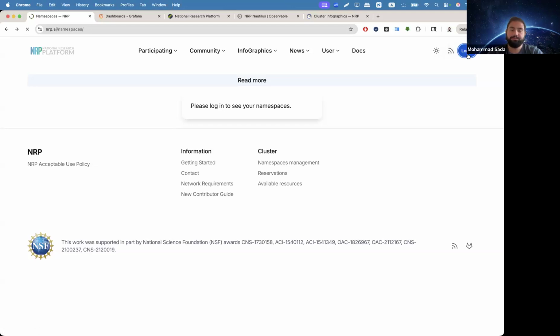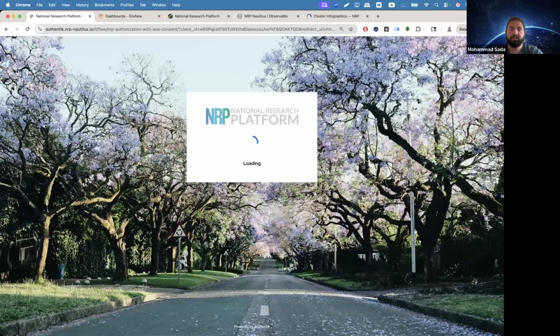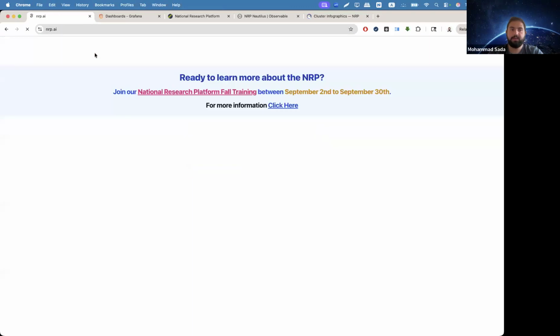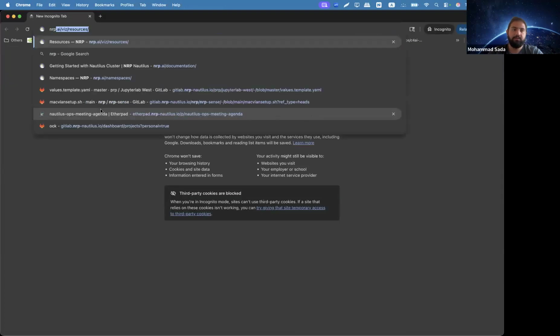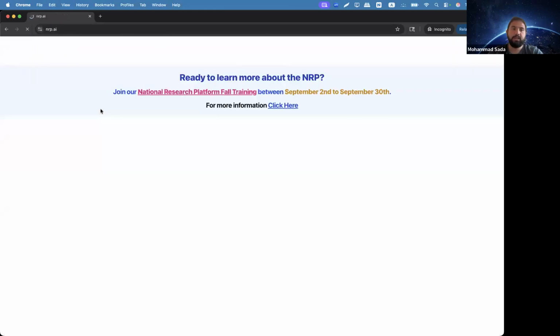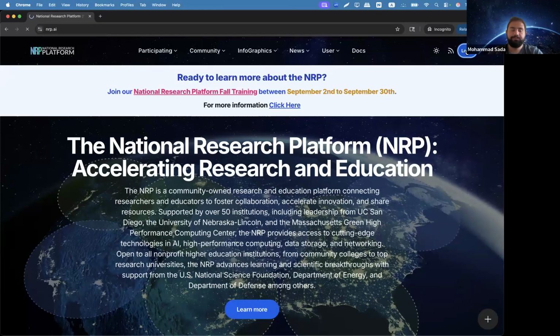This is me logging in, and every single person can log in. We use this platform called Authentik. You can see its name here for authentication. So Authentik is what handles authentication with CILogon. So here, because it's cached, I logged in immediately, but let me show you using private browsing. So this is NRP. When I join and log in,